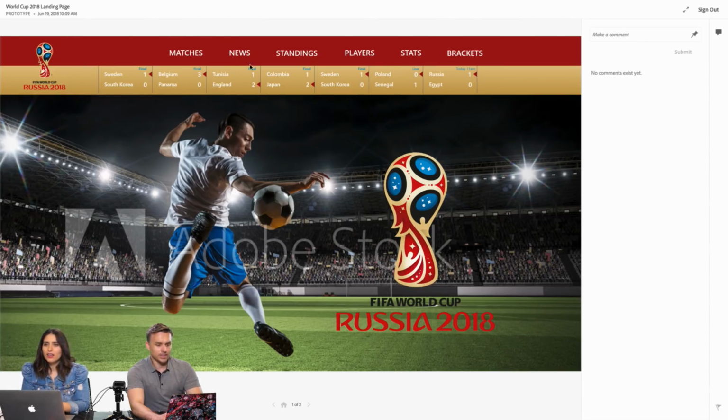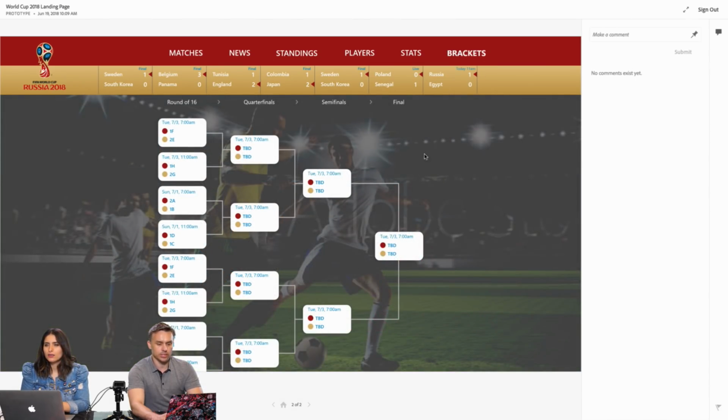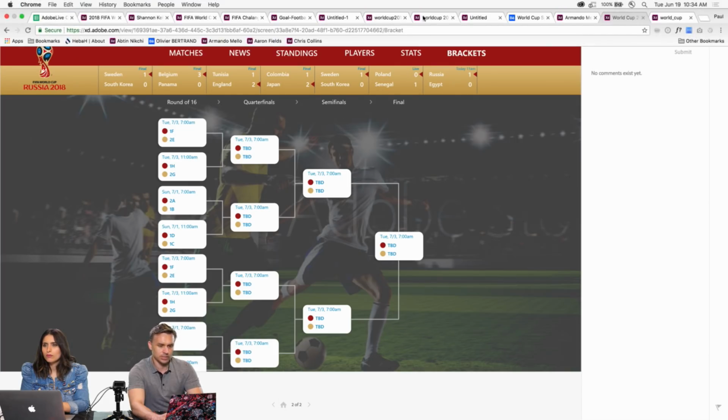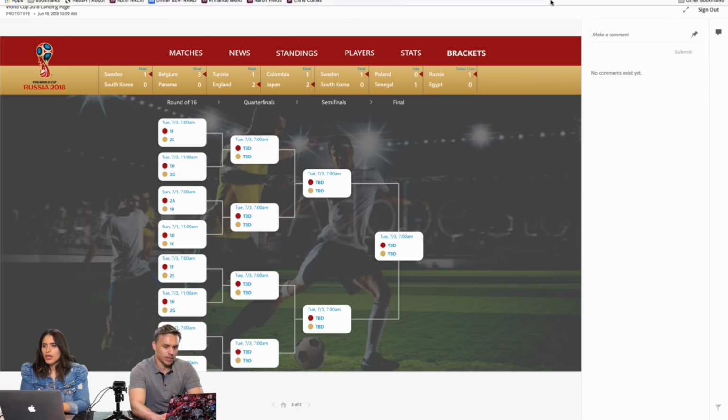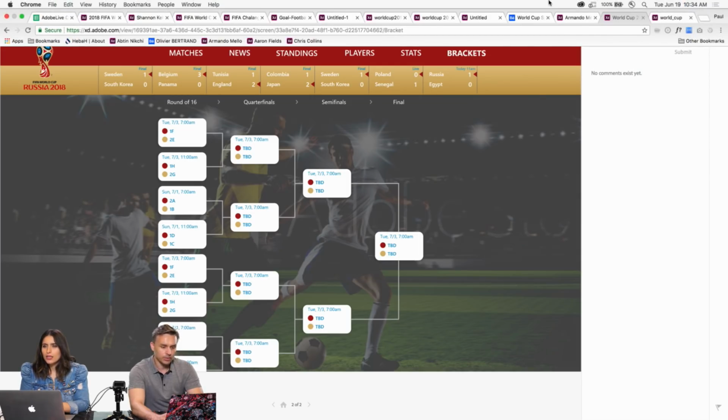Awesome. I like this. We get a quick snapshot of the overall status, and then we can dive into brackets. I love that. It's a great job. I think it gets a little muddy here. I'm not sure why this gray was used. I would, but that's my only 2 cents. But who am I? Great job, though. By the way, that is Aaron Fields.